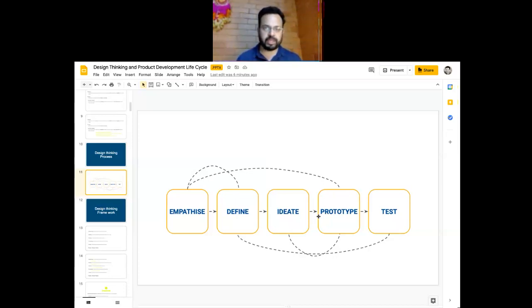Essentially, what we did is we defined the problem statement, then we ideated on how we can take the solution to market. Not ideating on what we should do, or what project we should do, but more so focused on ideating on what features to have and take it to market. And then comes the stage of prototyping. So we looked at prototyping in a very specific manner where we said that a prototype is not necessarily